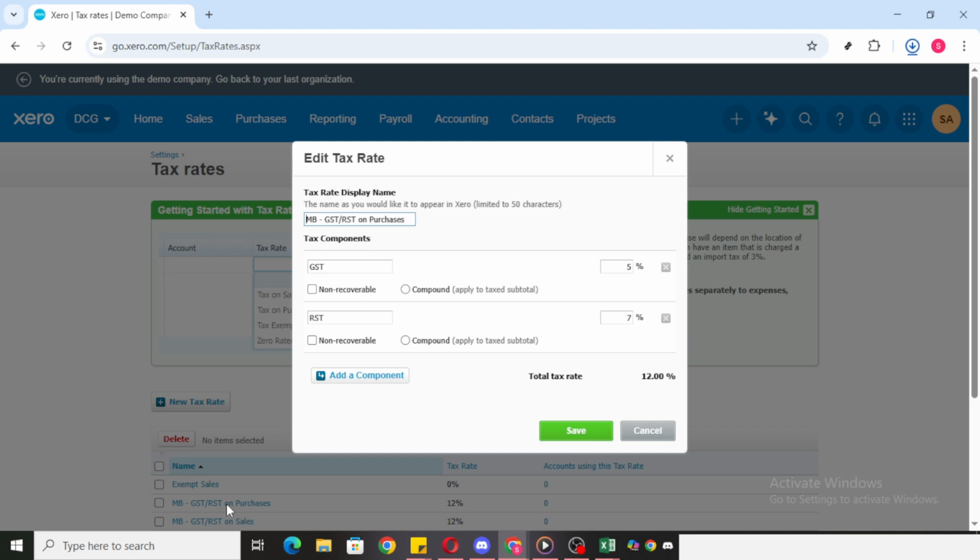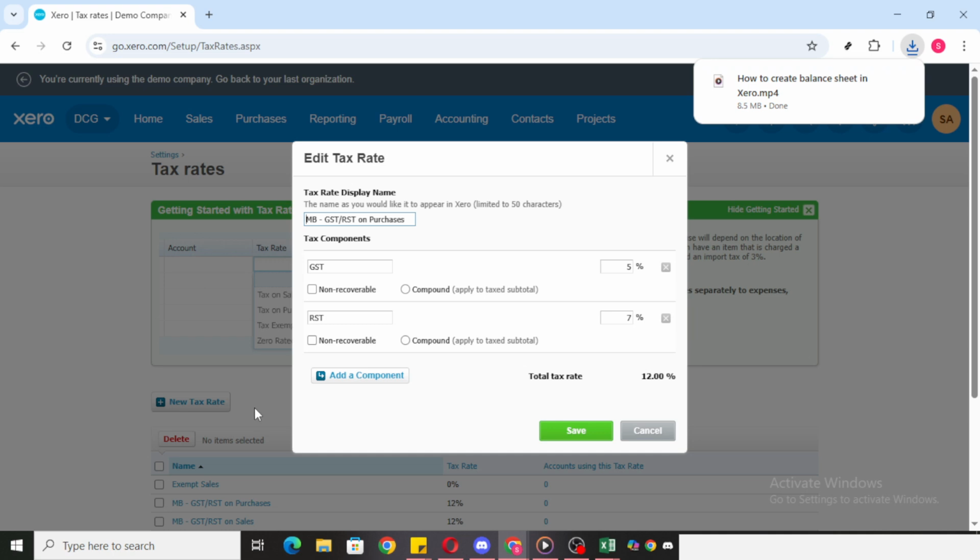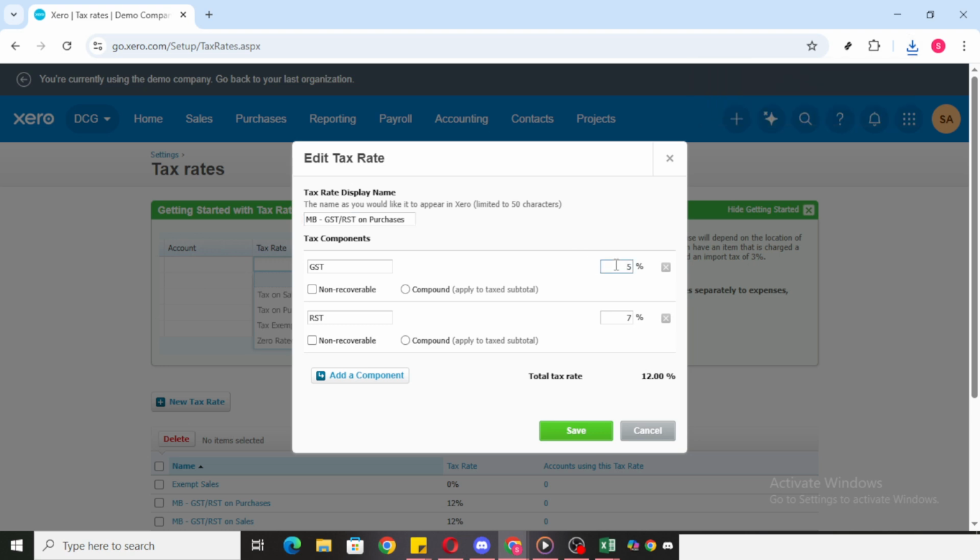Now, where it gets really hands-on is the editing process. You'll see the percentage figure here, which represents the current tax rate. If you're aiming to change this, you can click onto that percentage and edit it directly. Type in the new rate that you want to apply. It's important to double-check that you've entered the correct figure, especially since tax rates are vital to your financial reporting